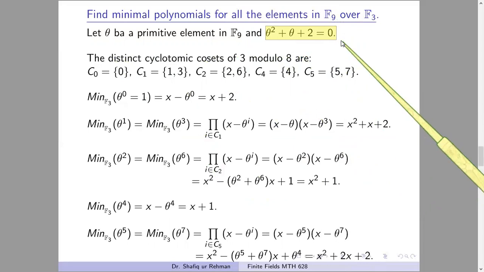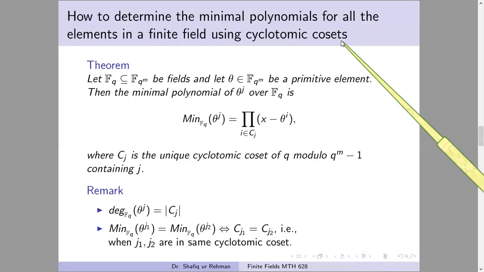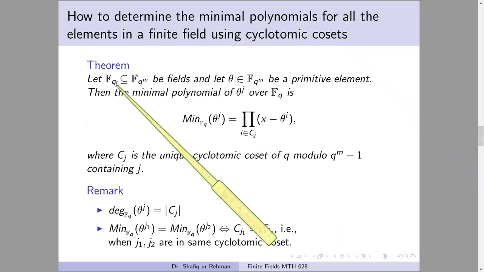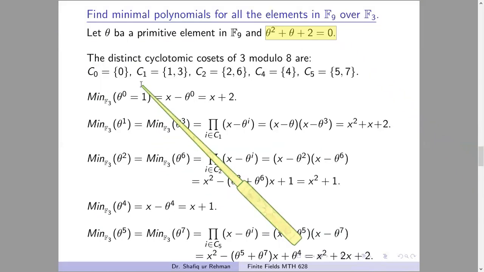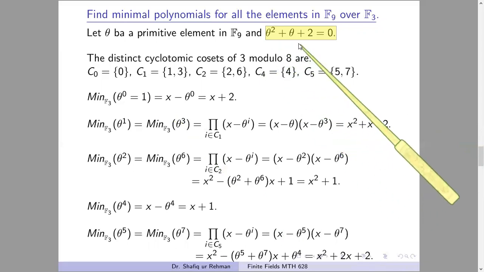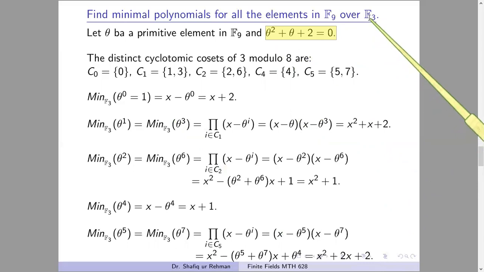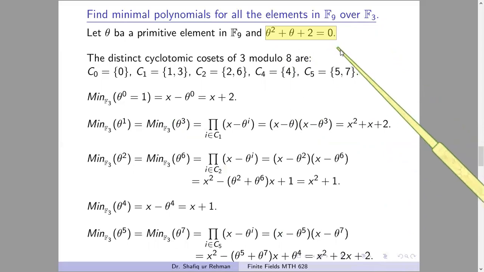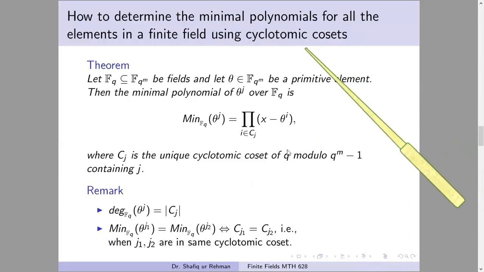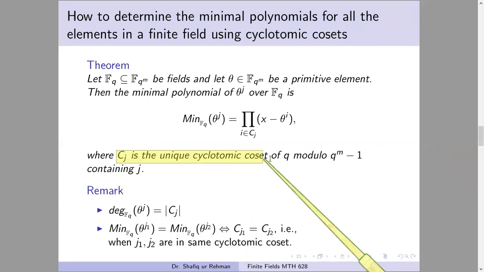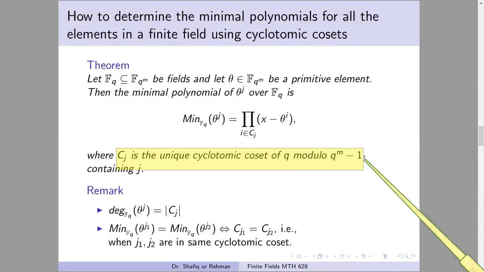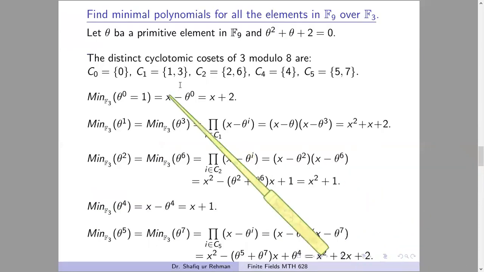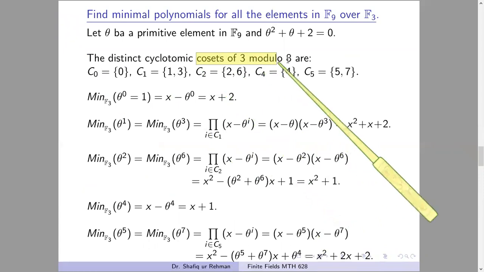So the first step is the following. First of all, in order to find the minimal polynomial for all the elements, if we compare this with the previous theorem, we have q equal to 3 and q power m equal to 9. That means m equals 2. And you see that in this formula, Cj is a cyclotomic coset of q modulo q power m minus 1. So in this example, we will take all the cyclotomic cosets of 3 modulo 9 minus 1,